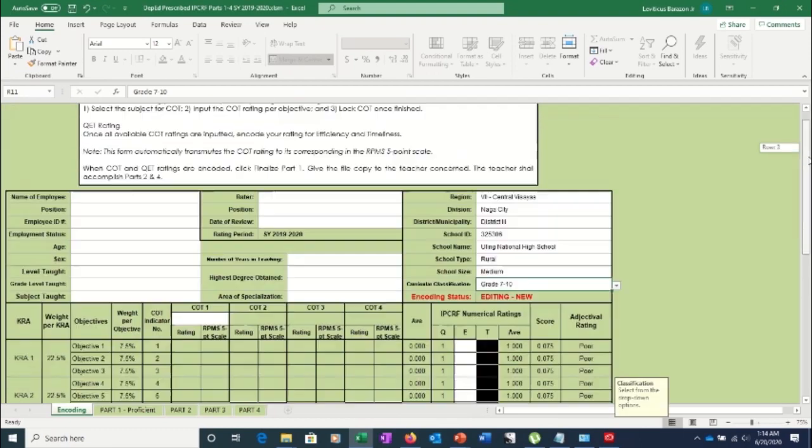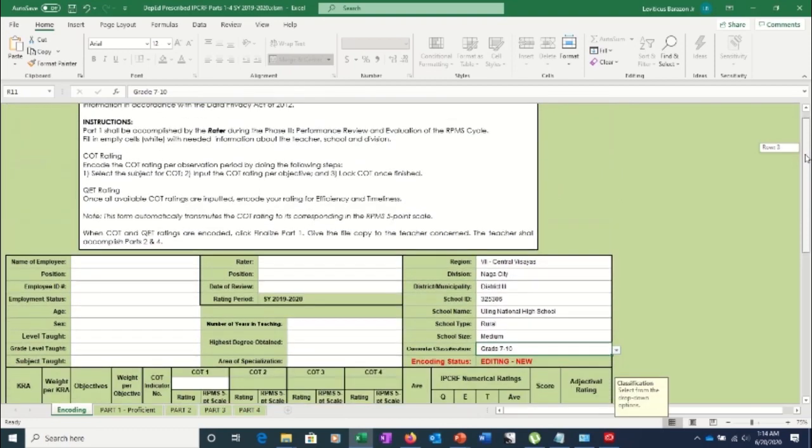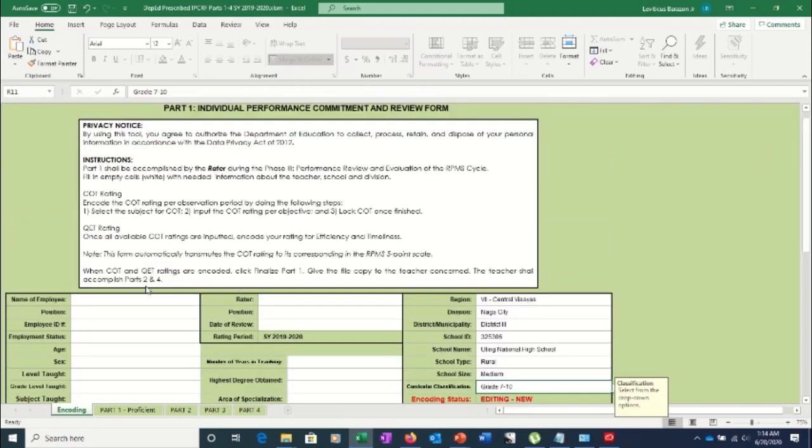All right, so we're done on this part. So we can start filling up the middle part. So the middle part is here. You can start filling this up now. So your rater,